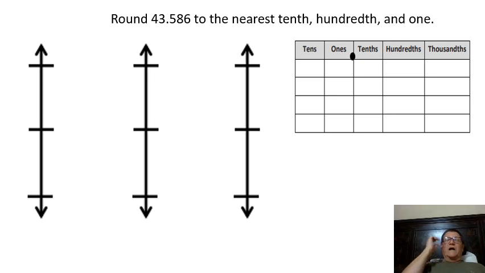Okay, so this time we're going to round this 3 different ways. We're not going to use any unit form this time. We're just going to use our knowledge of the place value system. So first, let's go ahead and just put our number into the place value chart. And I'm going to get black so we can see it better. And the first one, I'm just going to write it the way it actually is. 43 and